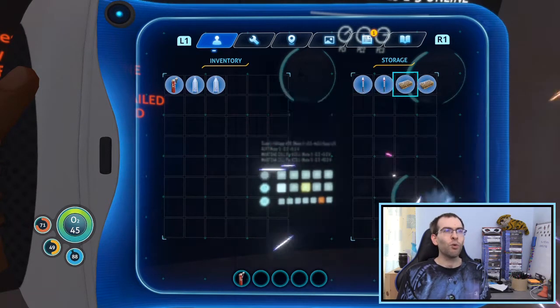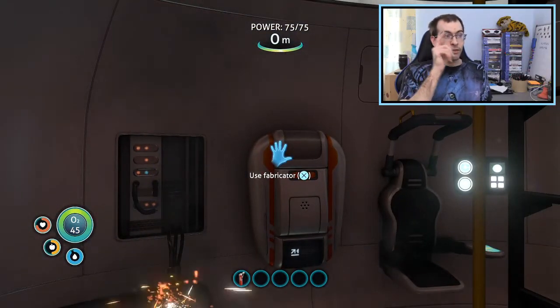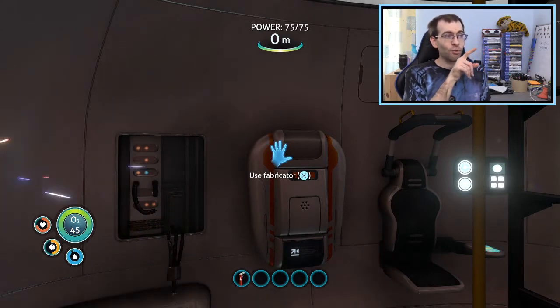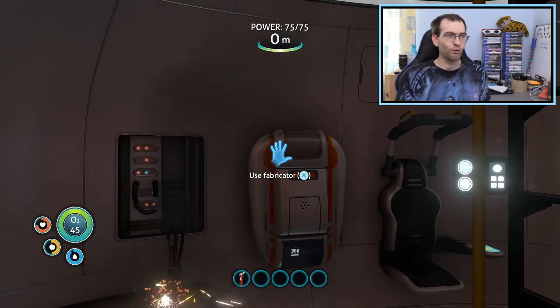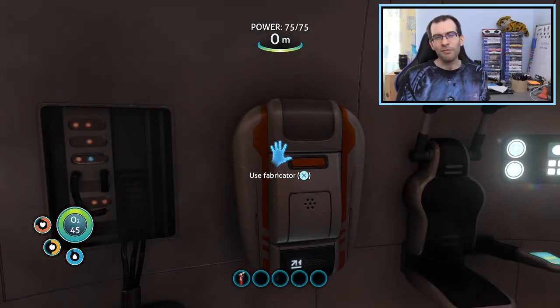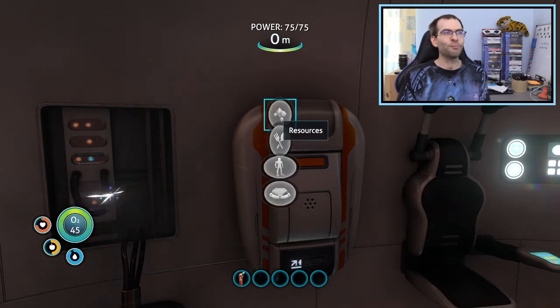So, grab the water and the food. We'll definitely need that. Now, the gauges at the bottom left-hand corner: the smaller ones are health, food, and water, and the big green one is the oxygen. At the moment, we've got 45 seconds. You need a lot more than 45 seconds, so...